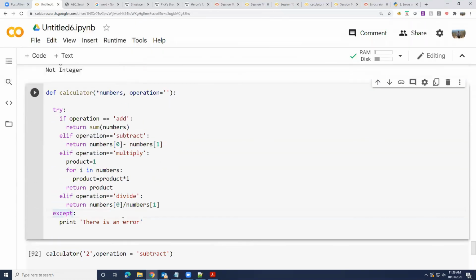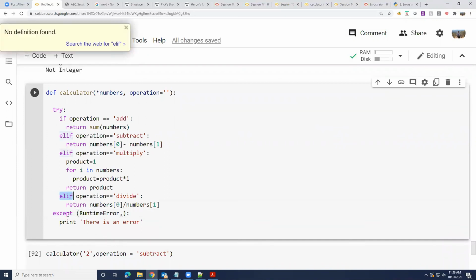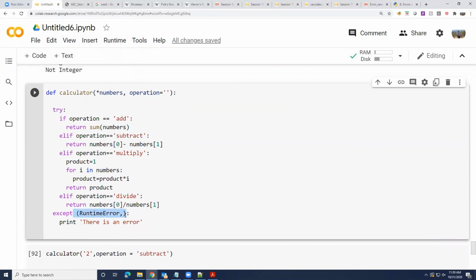Or if you are catching these, you can catch certain types of errors. You can figure out what type of error. So this is called trying for something and catching the errors. What type of errors are you catching? You can try to catch a certain type of error. We'll get to that in next class. But if you're trying and finding an error, you can try to find any type of error and then just print it.